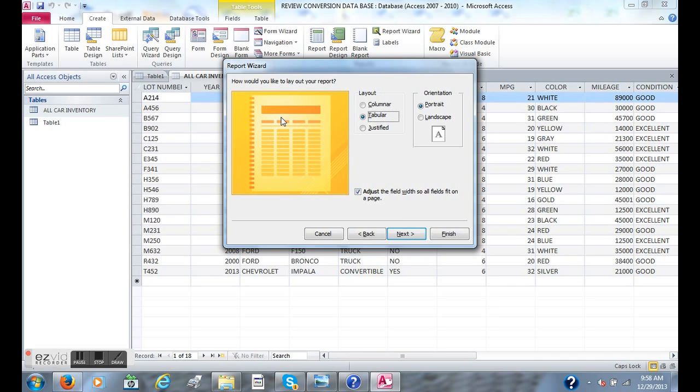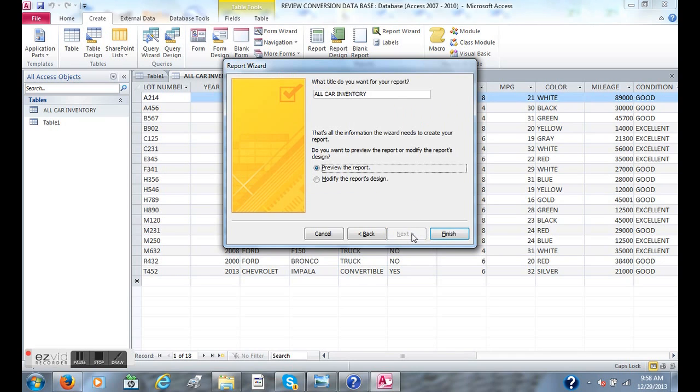And we're going to accept this tabular form. That's okay. And since it's not a wide report, we're going to use portrait. If it's going to be a really wide report, I'd want to use a landscape. But this is a narrow report, so I'll click portrait, and I'll click next. And it says what you want to call your report. And I'm going to call this the